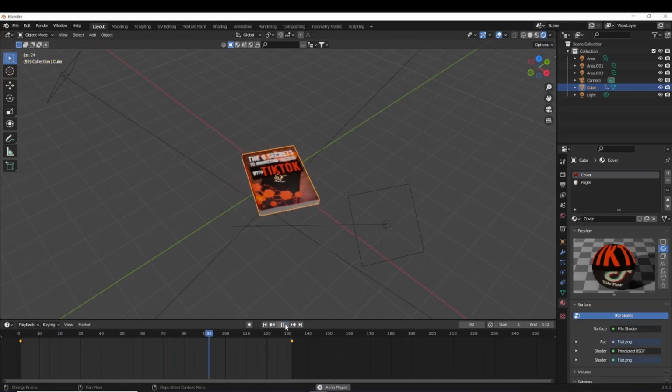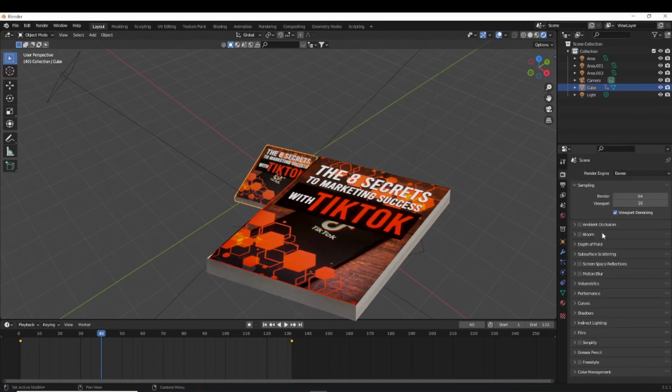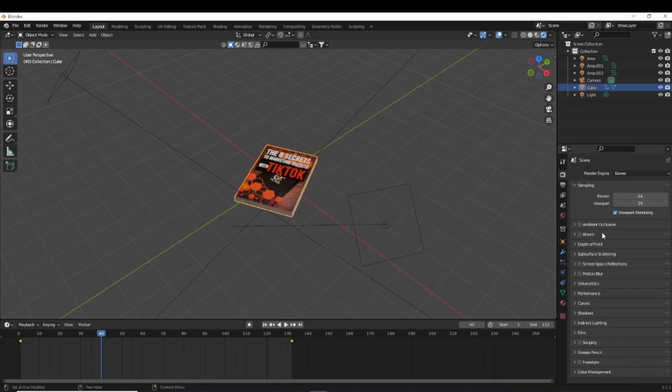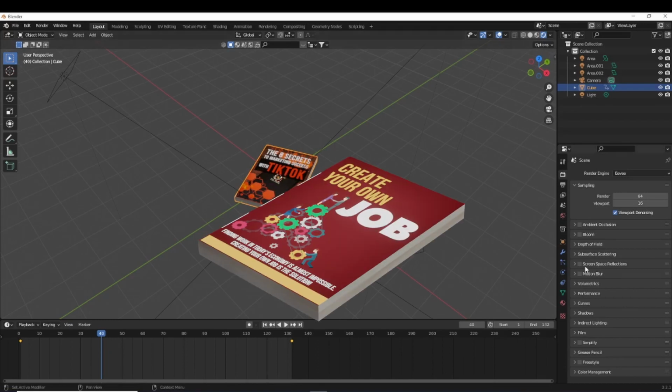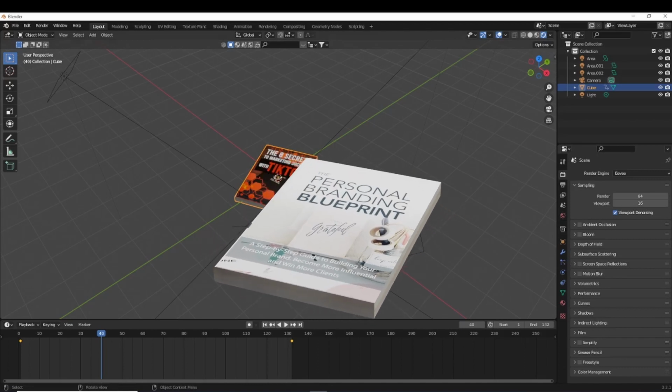That looks pretty good. So it's just going to be a simple slow animation, and we're also going to have a transparent background, so you can just basically use this as an overlay on any of your videos. So when you're just talking, naturally you can just basically have a shout out or call out to it, and just basically have that as a little clip you can just put right in your video. And I think they look pretty cool. And in my other video, I'll show you how quickly you can just change this. It's very simple. So whatever different book, you have different PLR products or different courses, you can change that